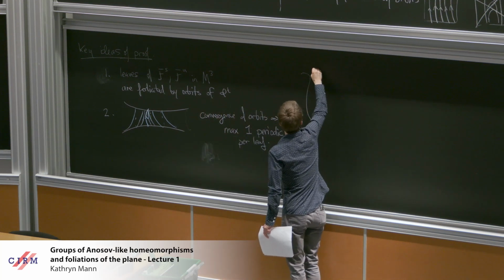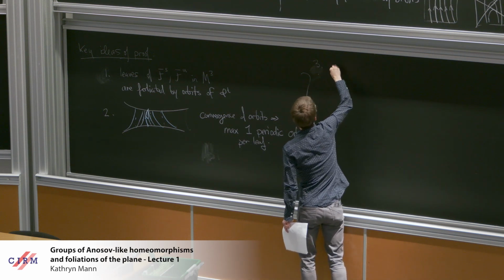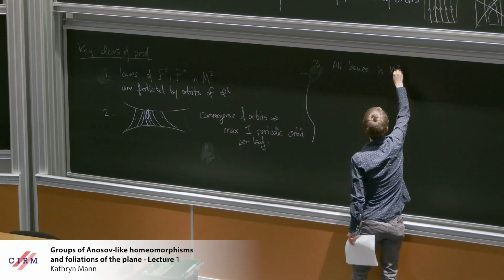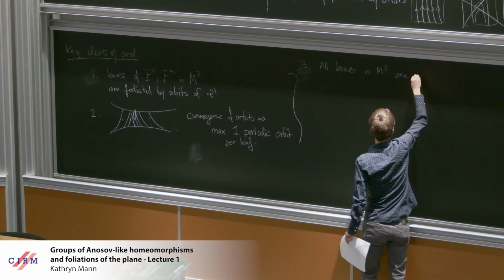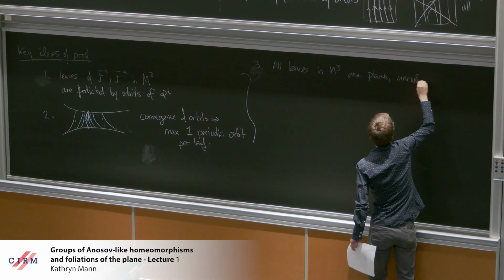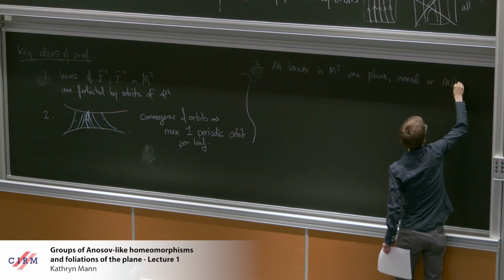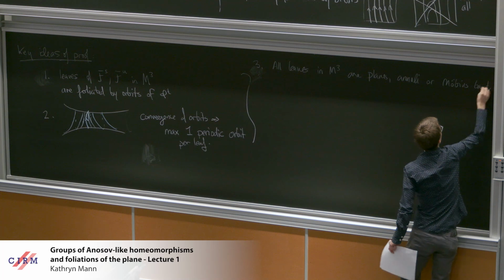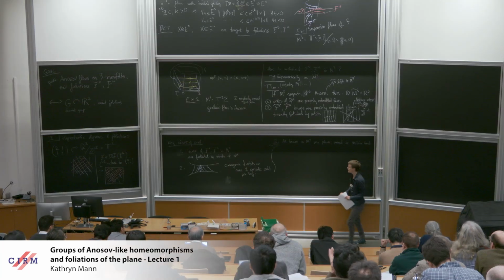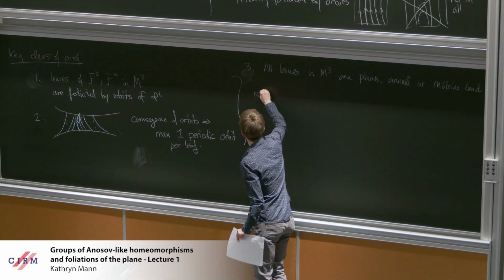So by this same argument, we also get that all leaves in M3 are topologically planes, annuli, or if things are non-orientable, you might have a Mobius band. So in particular, you have no compact leaves, and your foliations here have no Reeb components. All right. So you can now use Novikov's theorem,